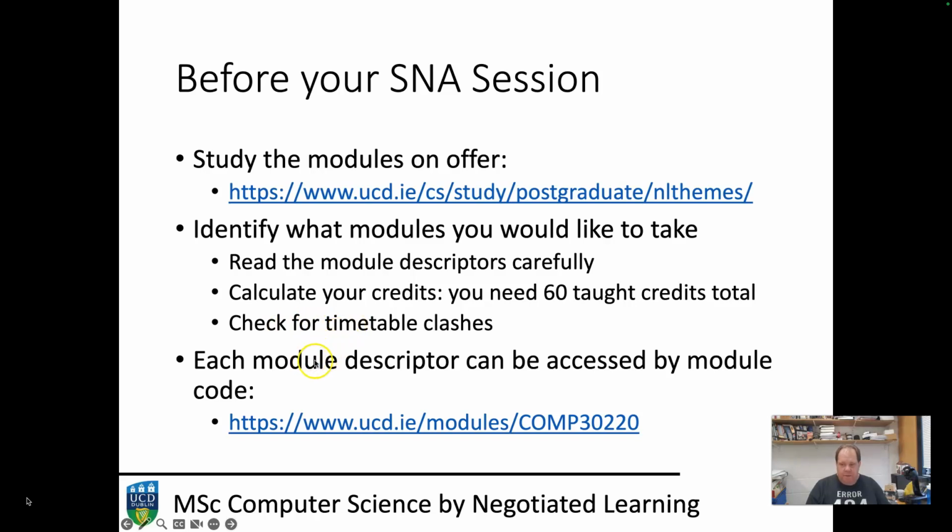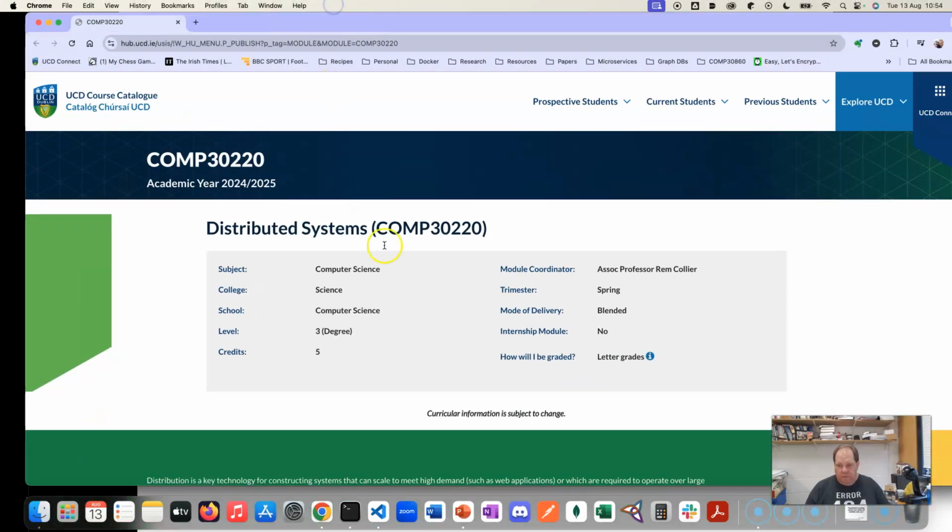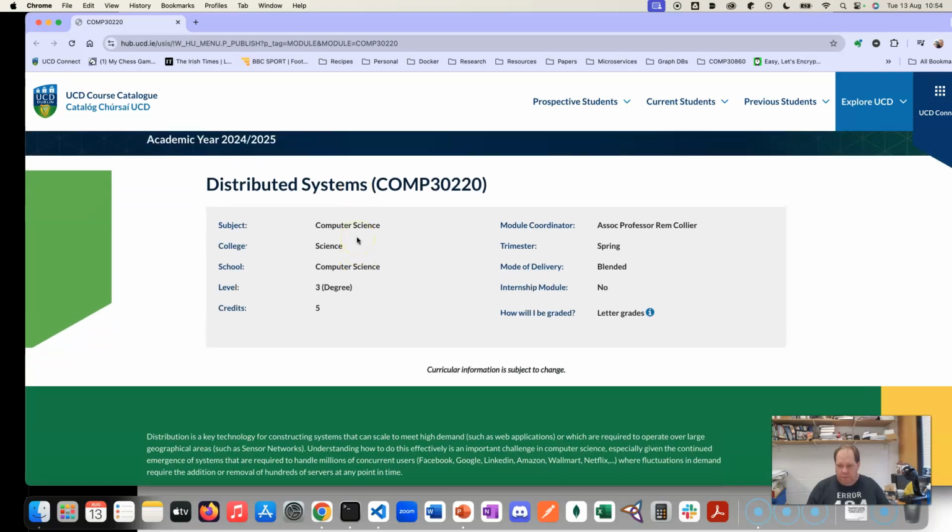Each module descriptor can be accessed by a module code. So what you do is you fill in https://www.ucd.ie/modules/ and then you put the module code, and that will take you to the module descriptor page for that module, and you can read about the module. It tells you a load of different things. So if I just select this quickly and drag this across, you can see here is COMP 30220,